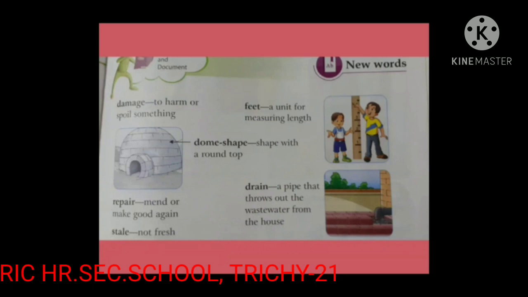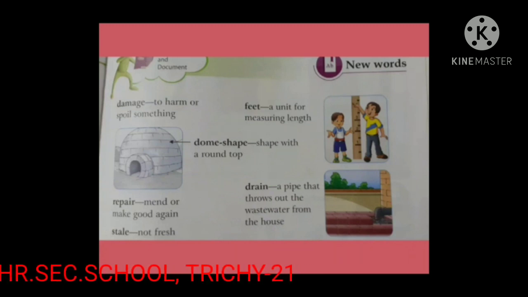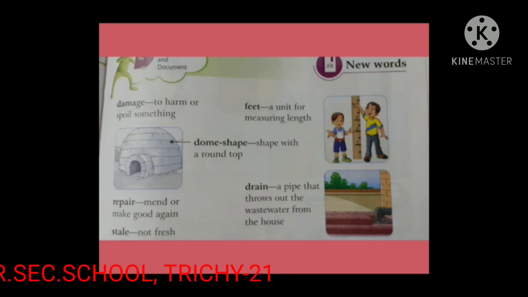Now let us learn about the painter. A house painter and decorator is a tradesman responsible for the painting and decorating of buildings, and is also known as a decorator or a house painter. The purpose of painting is to improve the appearance of a building and to protect it from damage by water, corrosion, and insects.